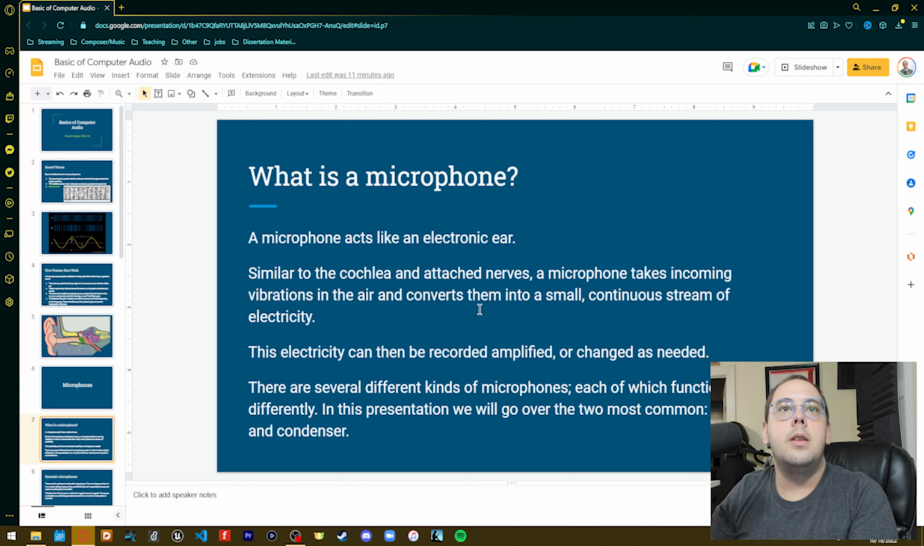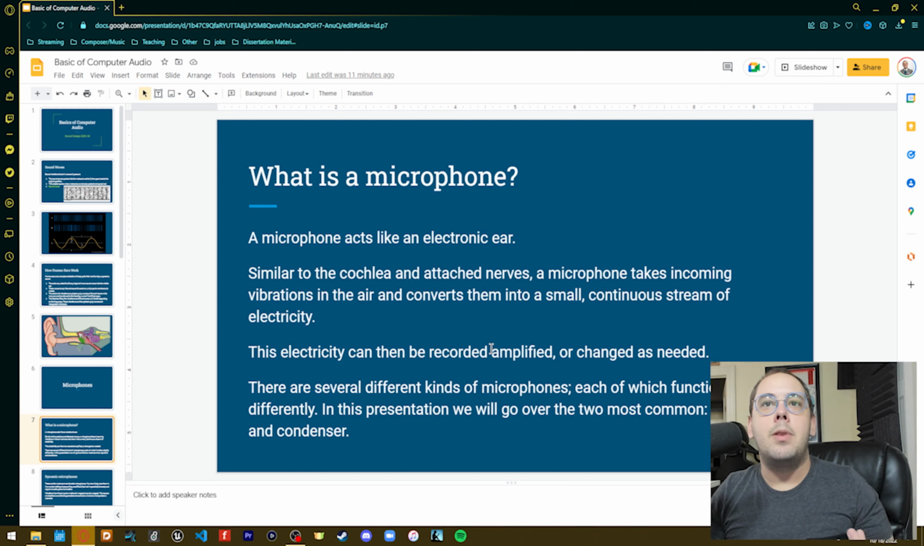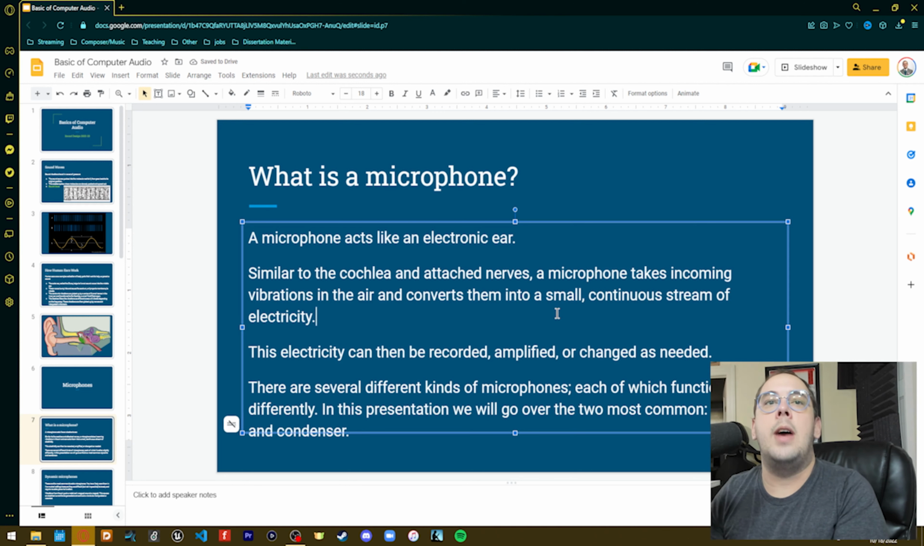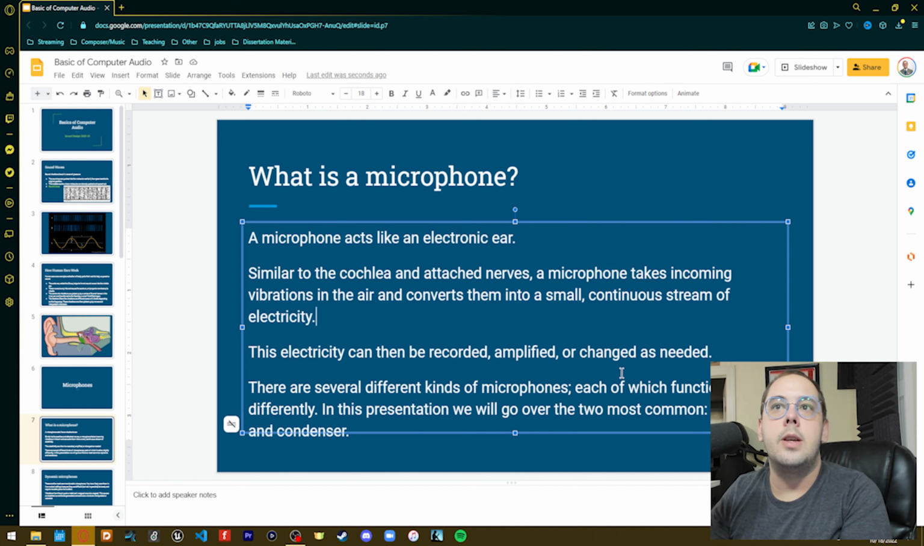So it converts them in different ways, but this electrical signal can then be recorded, amplified, or changed however we need to. And that's the core of how we've made recorded sounds for the past century and a half or so. So there are several different kinds, and they all function slightly differently. I'm going to talk about the two ones that I have in my classroom mainly, but I do want to point out real quick a